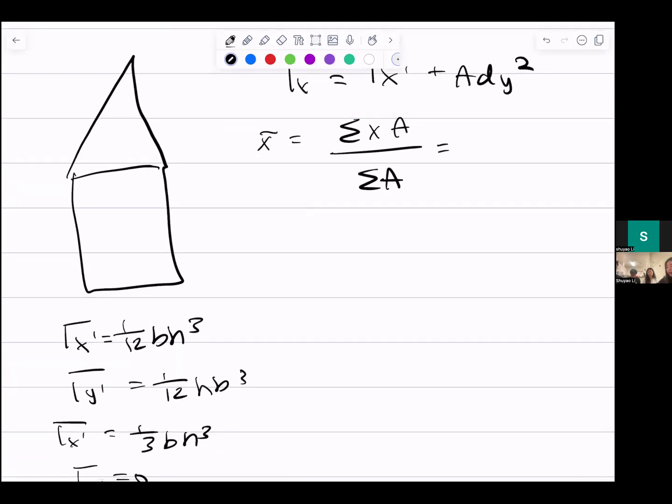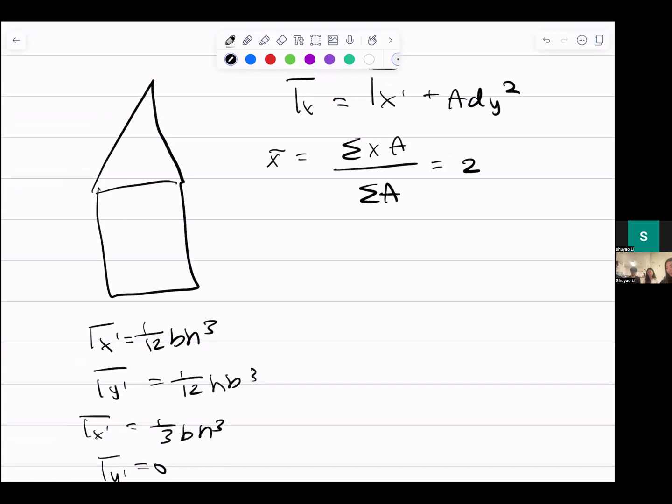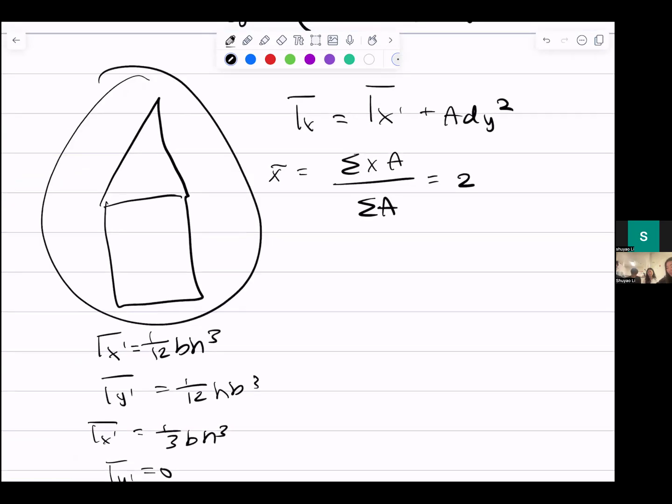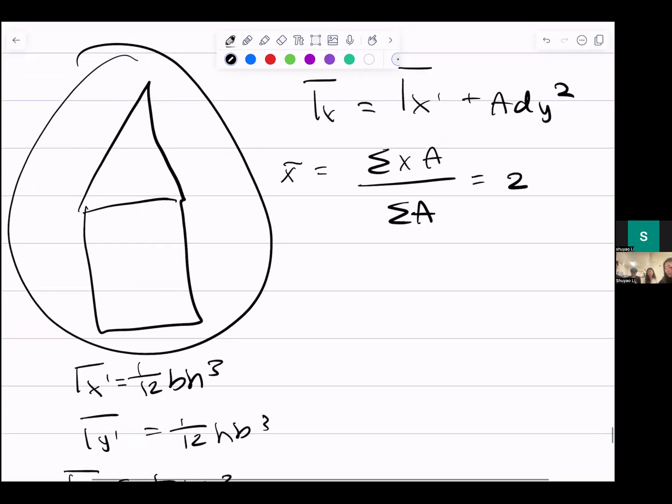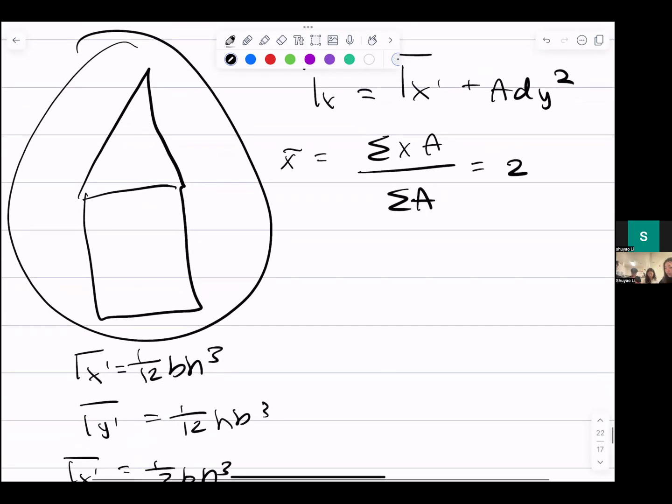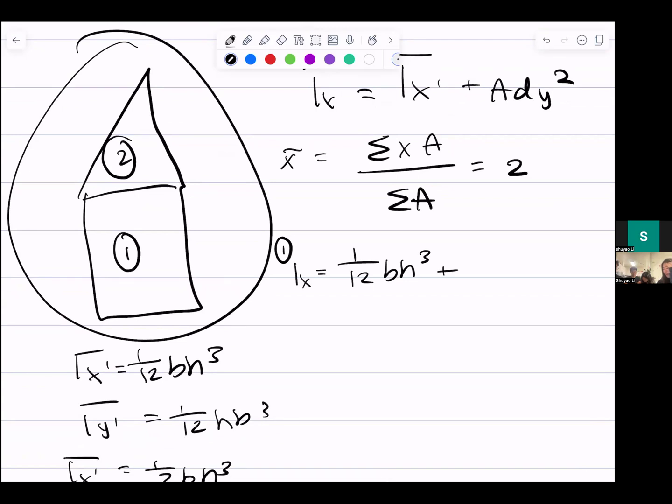And then when we have a value for that, this is when we do the total centroid for this. We want to plug, so we're going to use this value. This is for shape 1. This is for shape 2. Let's assume we're given a base and a height value. Our dy